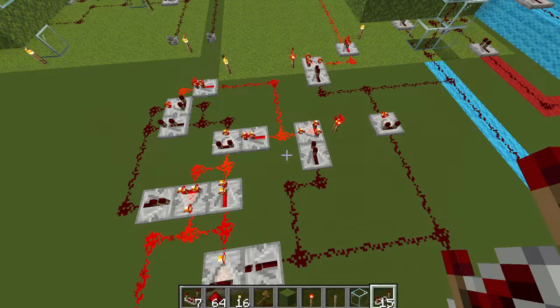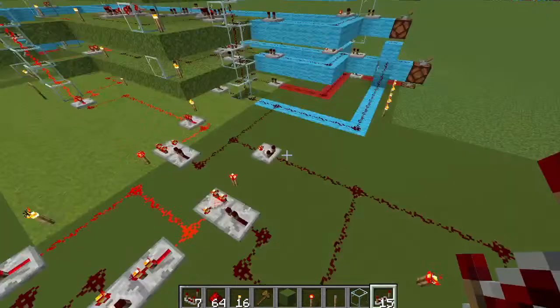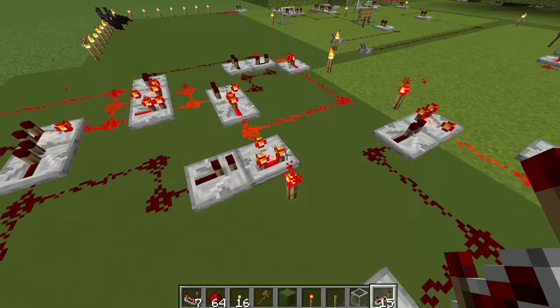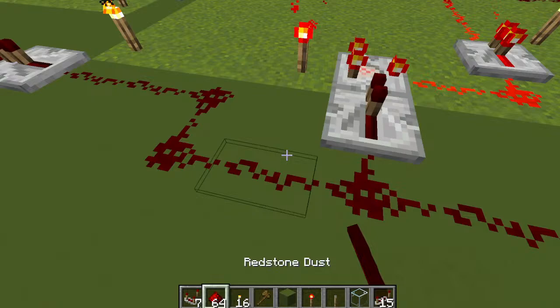Okay, so the actual problem is the output from that, switching that off. So if you do it like that instead,